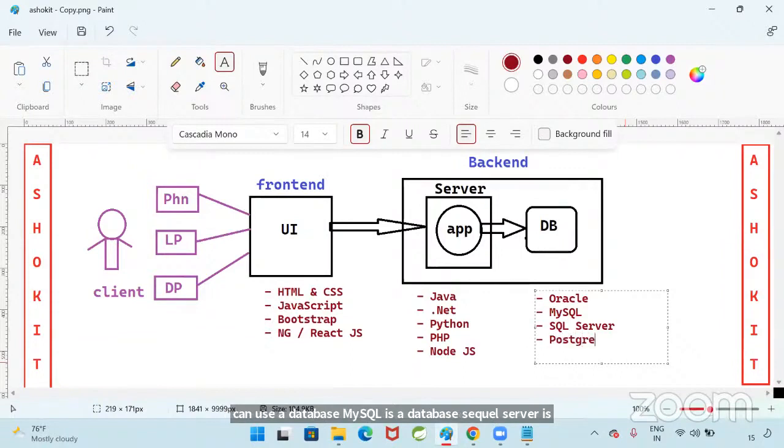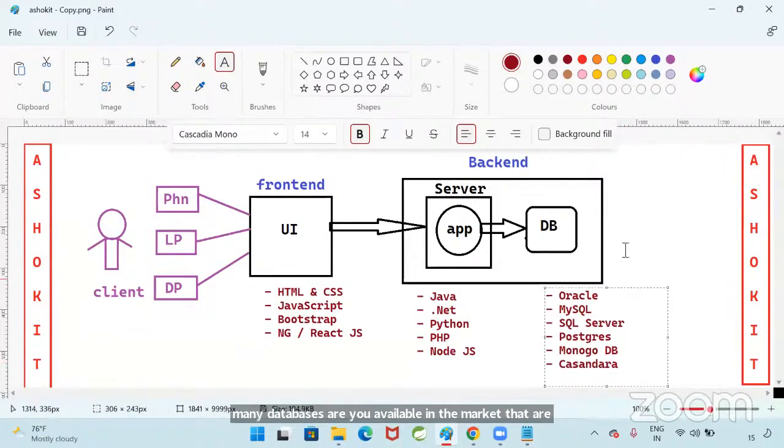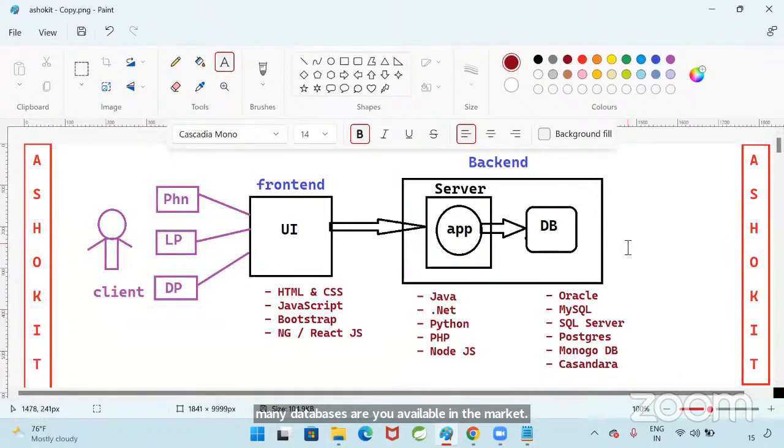Postgres is one of the databases available. MongoDB is one database. Cassandra is one database, etc. Like that, there are so many databases available in the market. Next one,